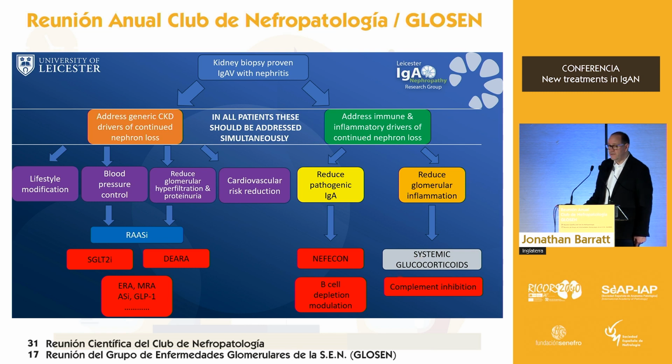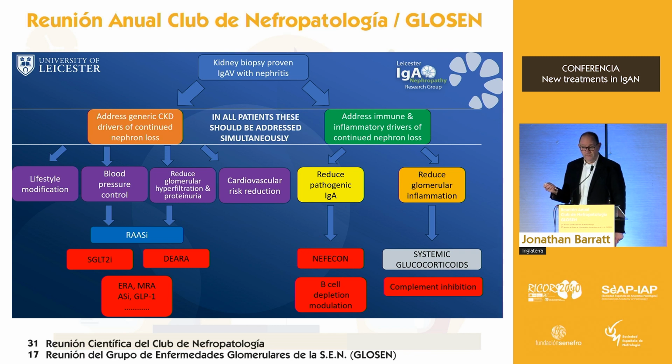We hope we're going to convince the companies to come in and look at complement inhibition in IgA vasculitis, but those patients have been excluded from those trials. We have no data on Nefropatología or any of the BAFF/APRIL inhibitors or the depleters in IgA vasculitis. They've all been excluded from the clinical trials. But I think those patients are as likely to respond. And actually, in clinical practice, certainly in the United States, where they've had Nefropatología for far longer, they are using that in IgA vasculitis and seeing good results. But we have no data. But this is where we are. We know what we want to do, but we have not got access to drugs, and the drugs aren't being evaluated to know whether they work.